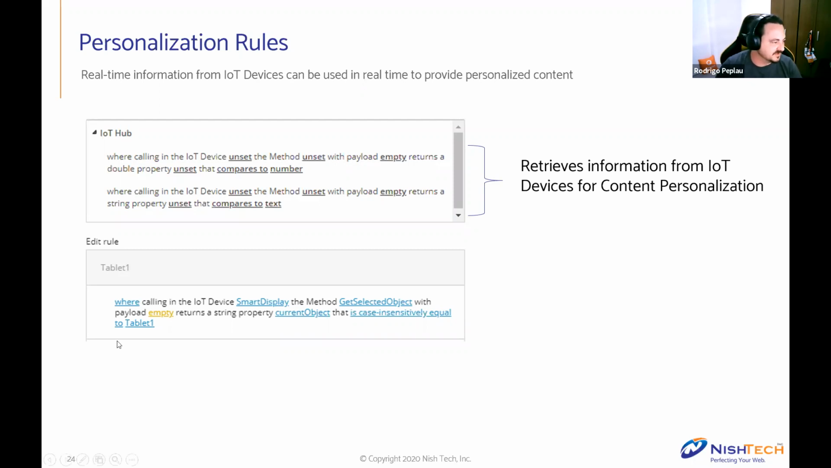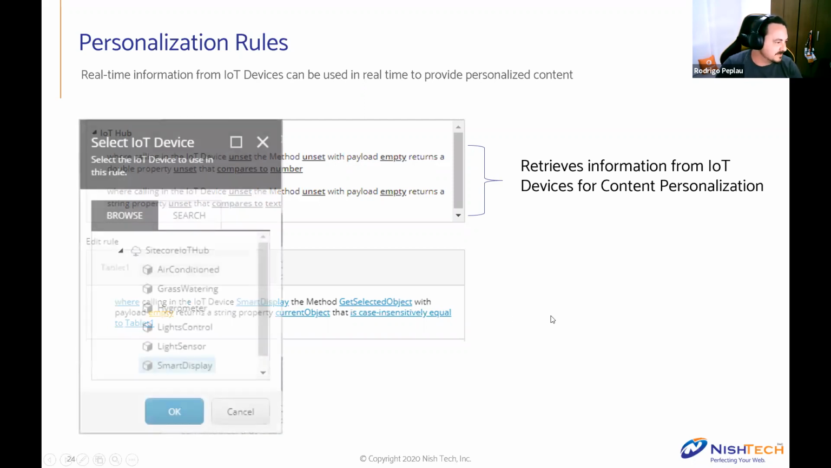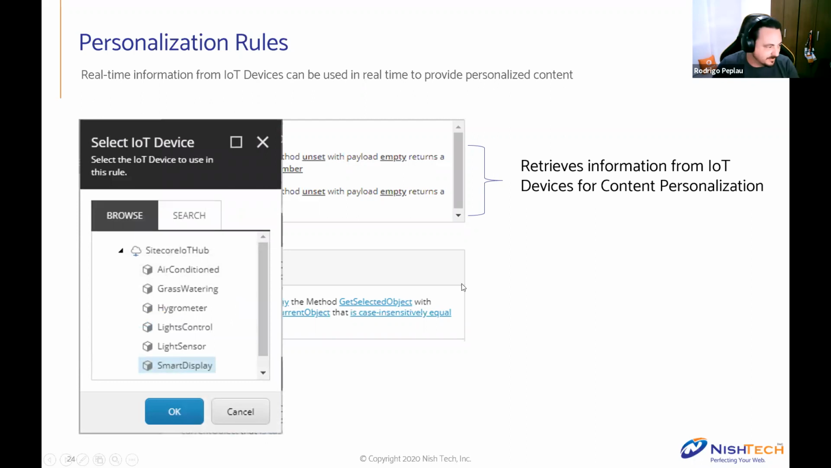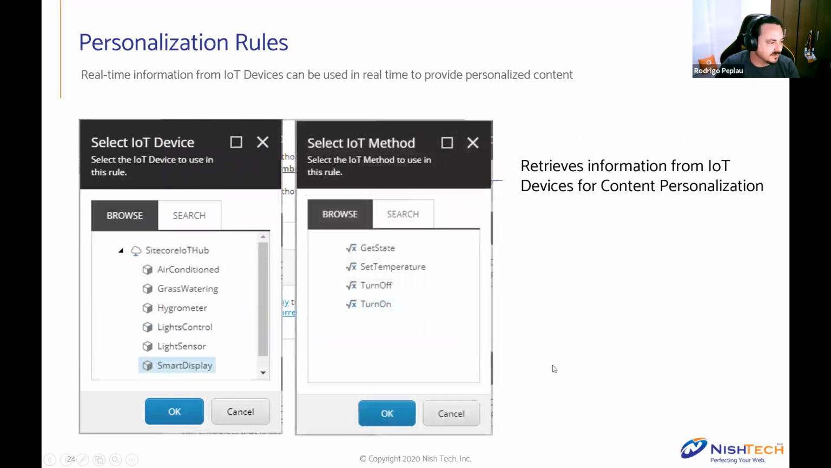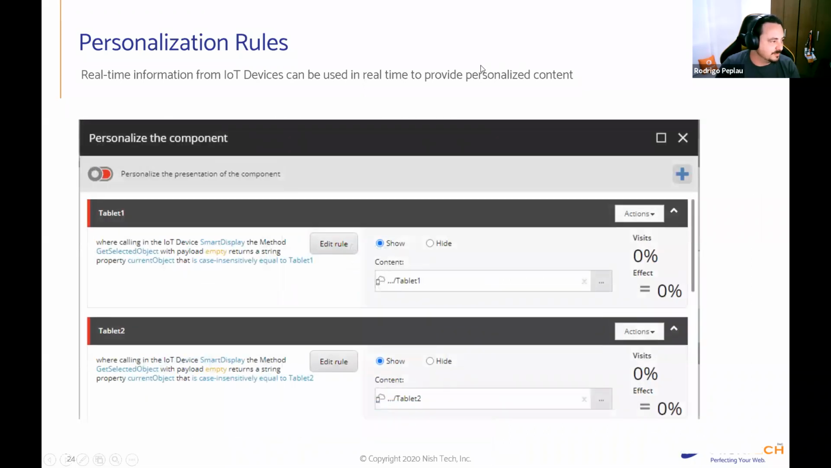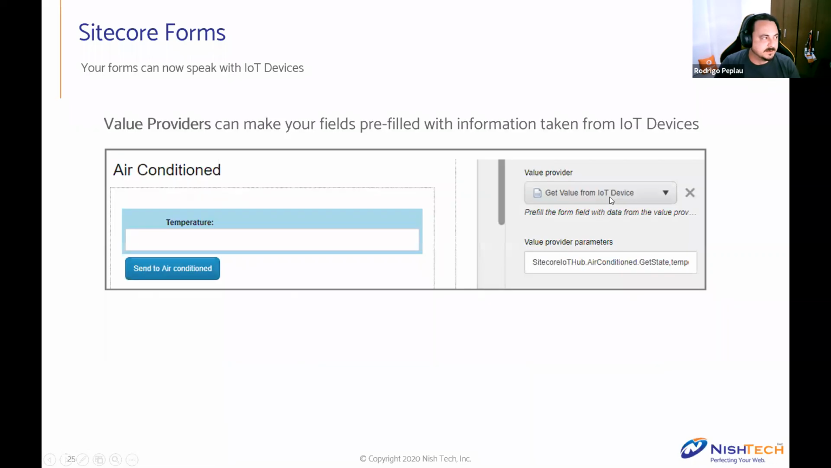For instance, here you see we're building a condition, taking data from the smart display object, calling the method get selected objects, and all that you can build visually by selecting your device here or your method there, and you can easily put together personalization the way you are used to in Sitecore. The second one is Sitecore Forms, and